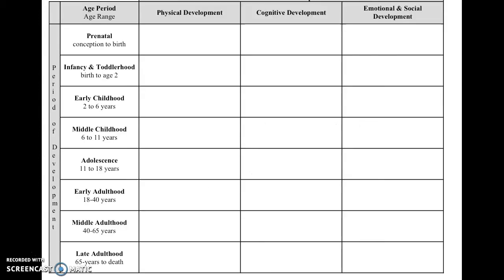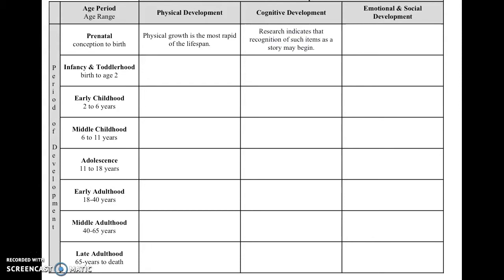Get your completed boards ready and check your answers as we review the statements. We'll start at the top with the prenatal period. As we've already discussed, the cell corresponding with physical development domain should contain the statement, physical growth is the most rapid of the lifespan. During this time, the new life goes from being a single-celled organism to a multi-trillion-celled autonomous